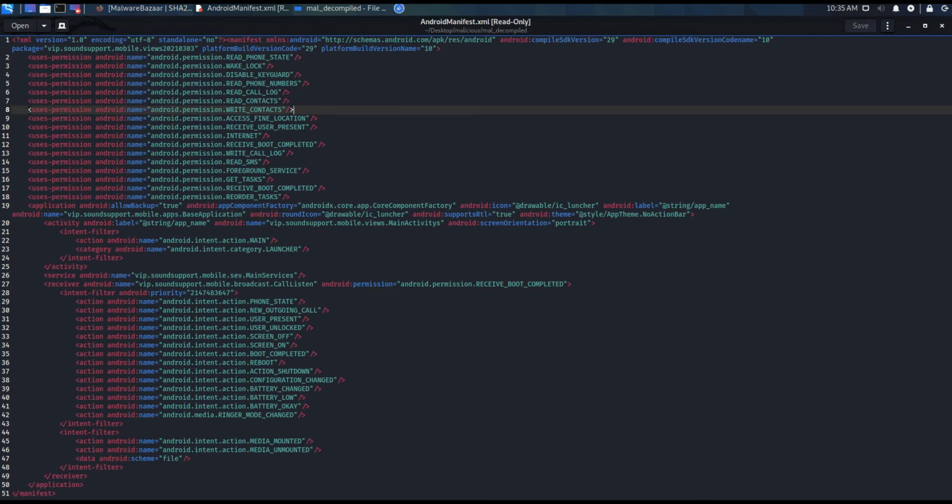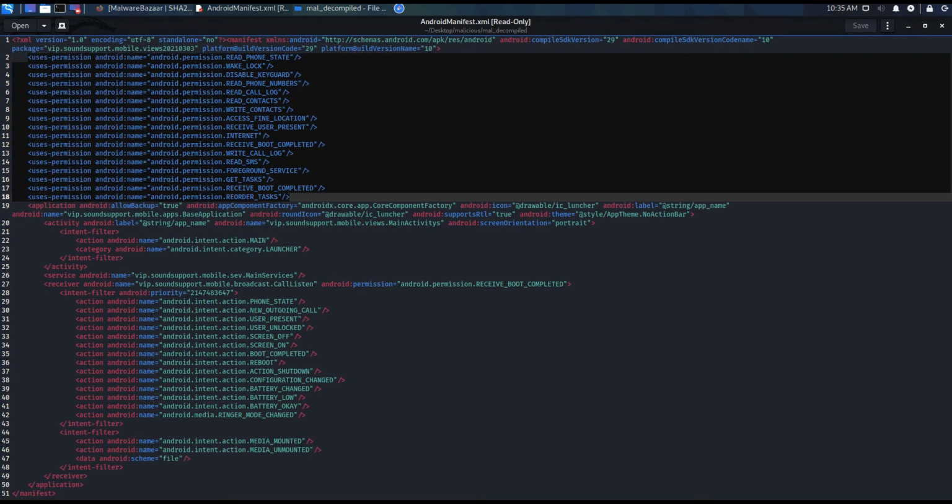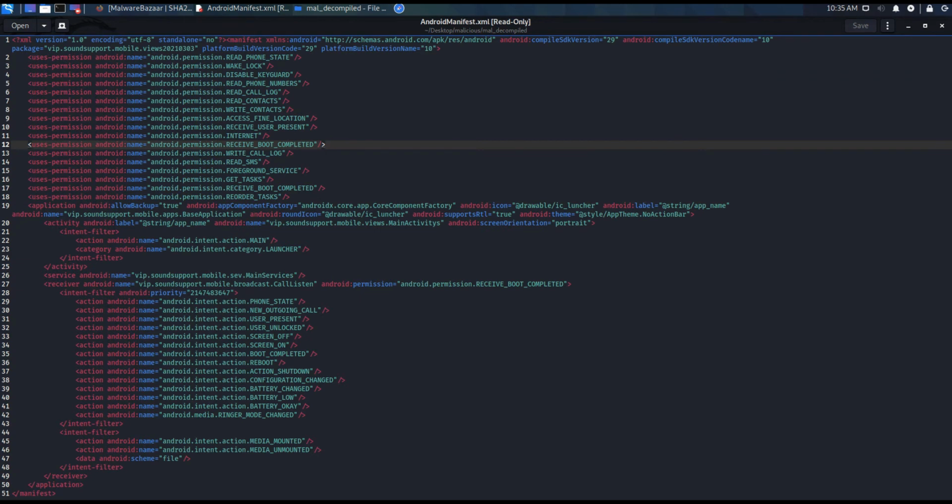From this application we can see there are different permissions the application is using. Out of these, there are some permissions they can use, like permission.INTERNET, permission.CONTACTS. If we take a generic application, for example WhatsApp, if the application wants to take your contacts, it should fetch the contacts from your device. So in that case this is acceptable, and you will be connecting to the internet, since the sender may be in one place and the receiver in another. So these kinds of permissions are acceptable, but here there are some malicious permissions which should not be available.